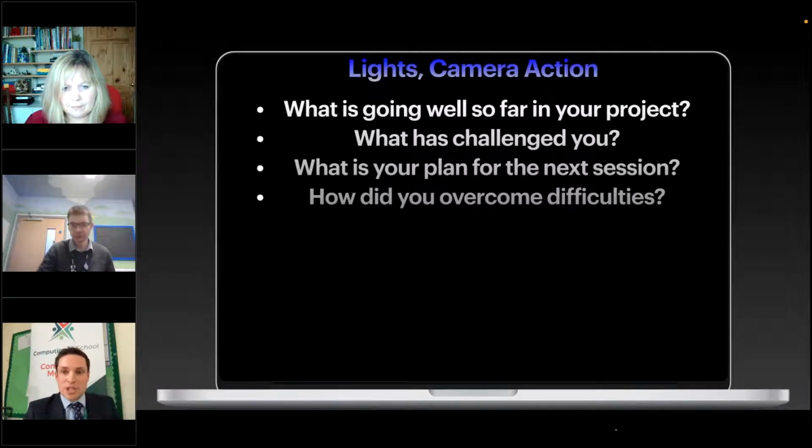I'm a computing specialist, and I know teachers out there will probably teach maybe about an hour a week, but what's going to happen in that week or that time lag before the next session? If we can get the pupils to preempt that, to plan, to look ahead, then it's going to close that feedback loop ever so slightly, where teachers can intercept and give some little promotion of tips and ways they're going to go forward. And also, how did you overcome difficulties?